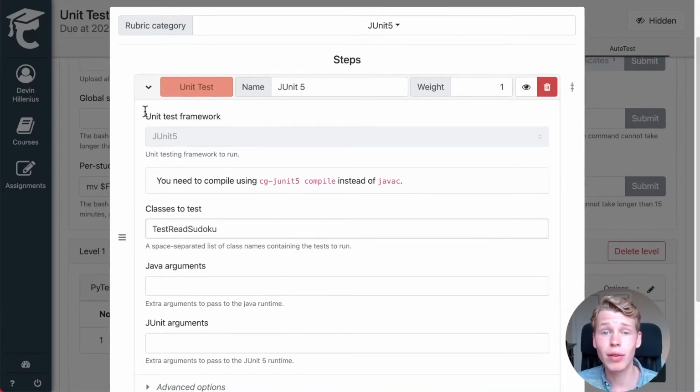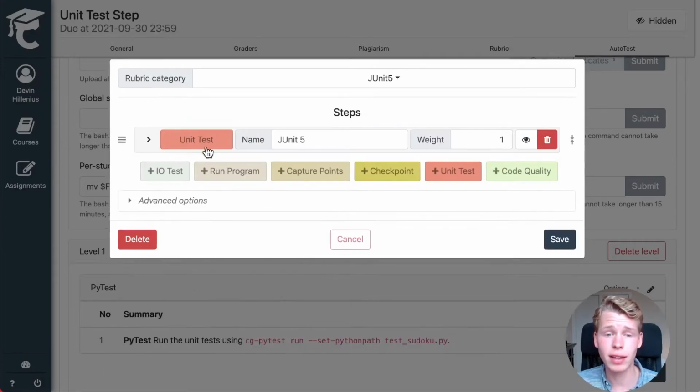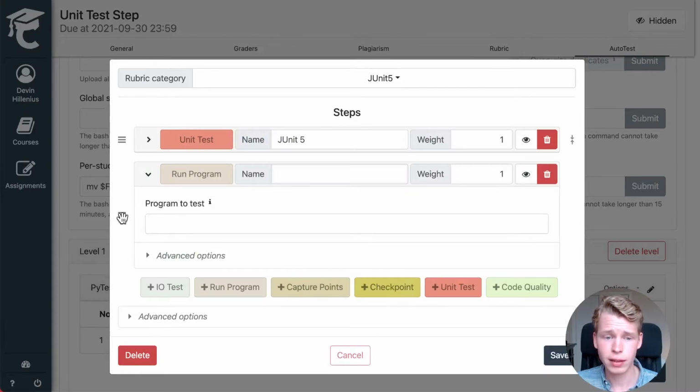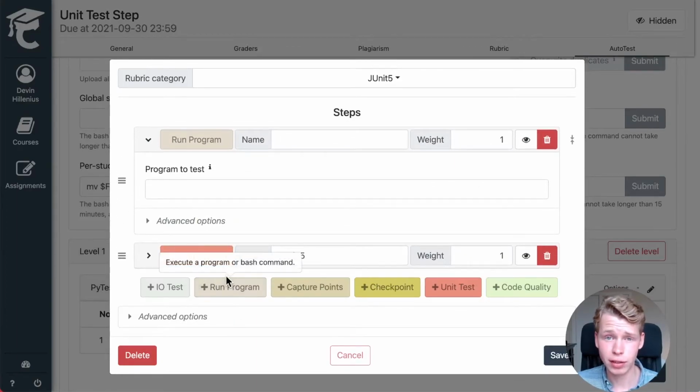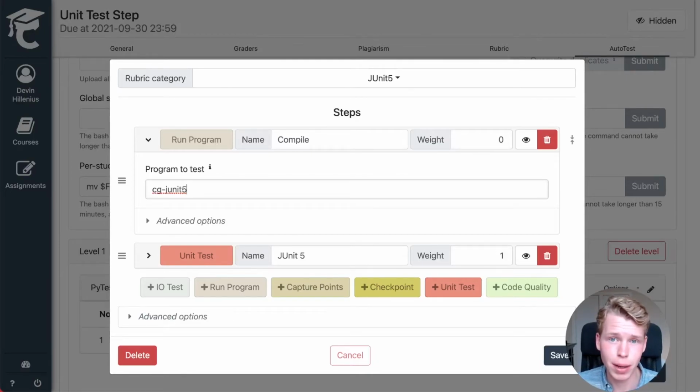So let's now compile our Java code. And we can do that in a separate run program step. Let's create that and move it above our unit testing step, of course, and call it compile. And if you do not want the compilation to be graded for a student, you can select a weight of 0 right here. It will still execute whatever you put in the program to test, but it will not count towards the grade. We can now use cg junit5, as was mentioned in the message, use compile,